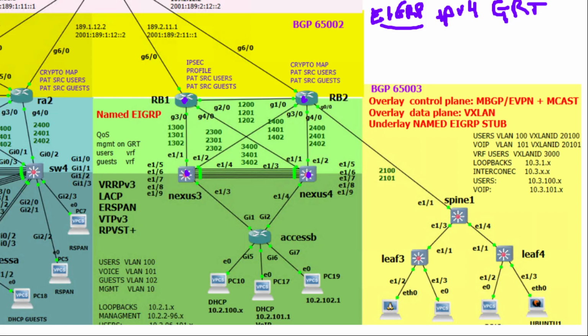Okay, let's continue with the EIGRP lab. In this case, we're going to configure the address family IPv4 for the global routing table in this device, this router, this Nexus, and this Nexus. Basically, what we want to do with the global routing table is advertise the loopback IP addresses that belong to these interfaces, because we want to be able to manage them, maybe gather statistics, connect to them through secure shell,